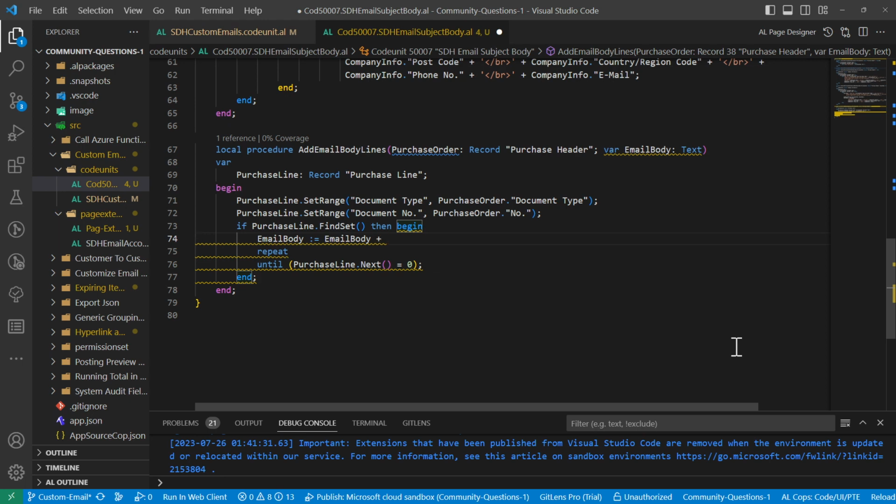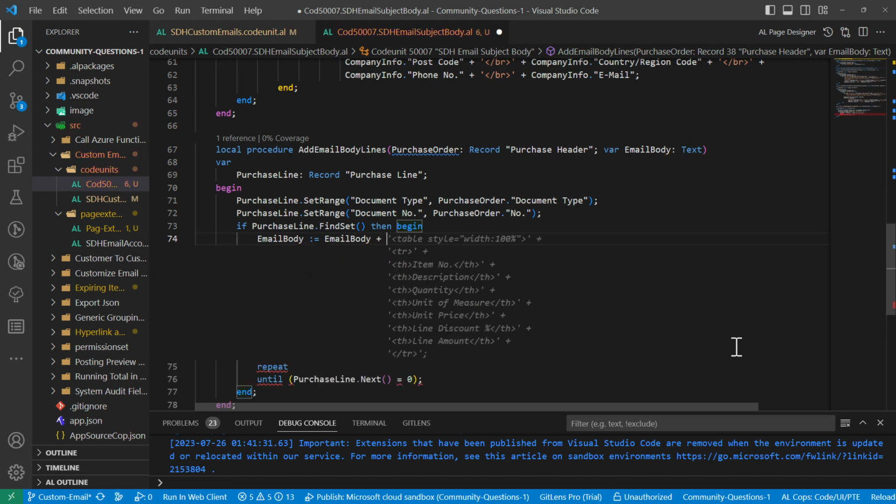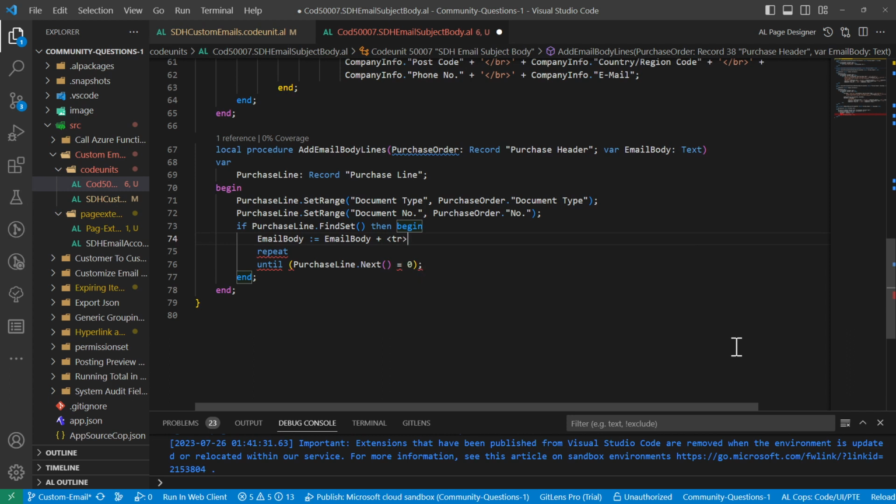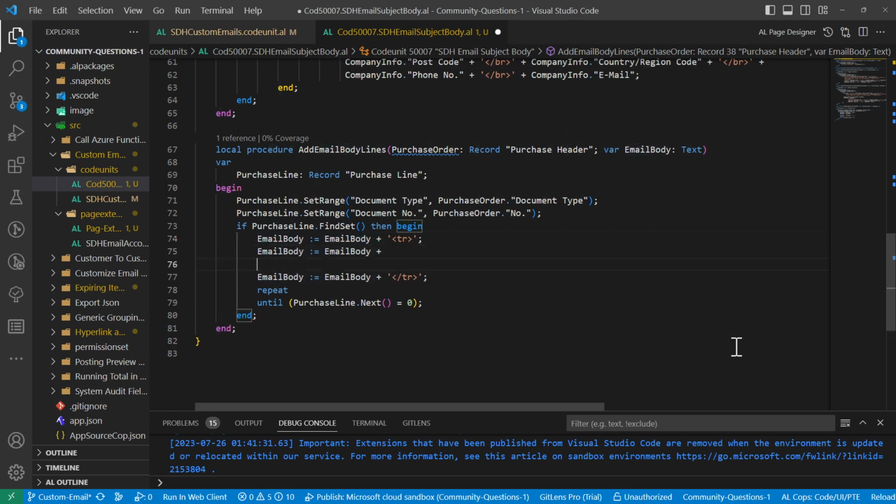The first step that I should add is a table row, which is notified from an HTML perspective as tr. So the tr gives you the beginning of your table row. That's how HTML knows that you have started a row. And to end the table row, you always end it with a closing tr. Now in this section, I would like to add all my captions of the fields that I would like to